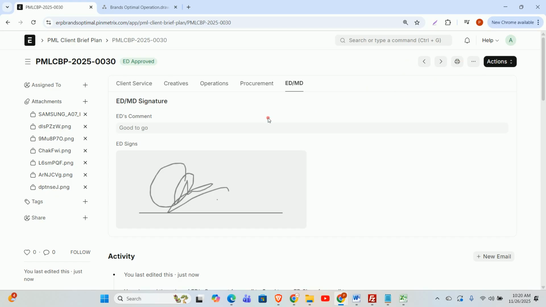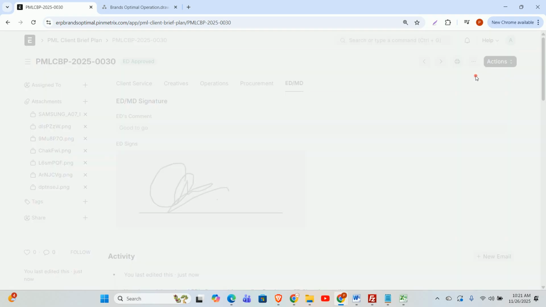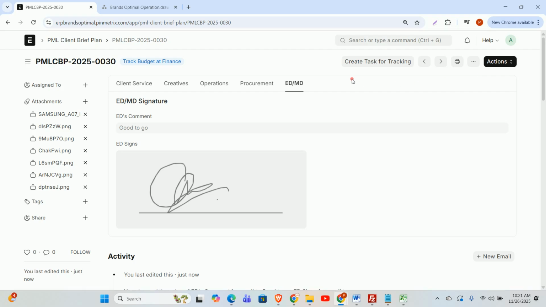Who gets a notification? The ED. Everybody gets a notification, but the next line of action will be from the finance team. So the finance team will get a notification that, oh, this particular client brief plan has been approved. You can commence the project. So what they do is initiate the budget tracking on the document. Then they click on create task for tracking,